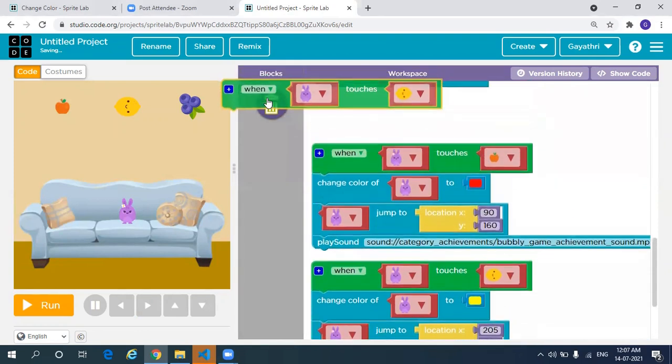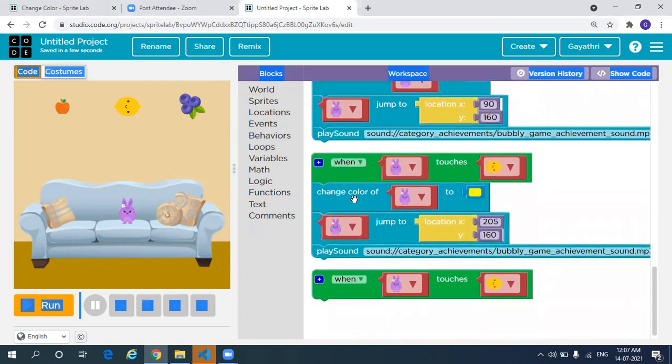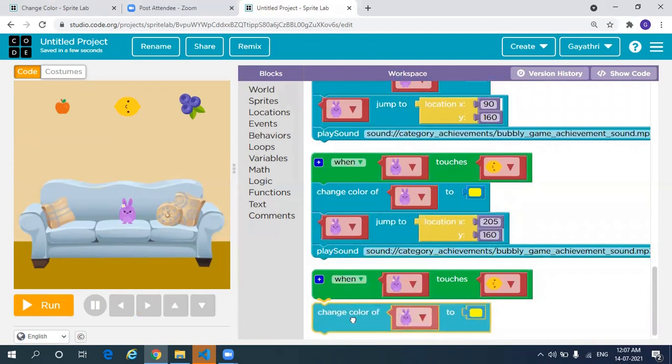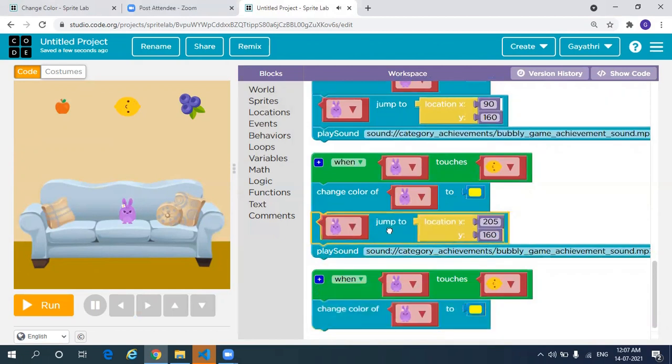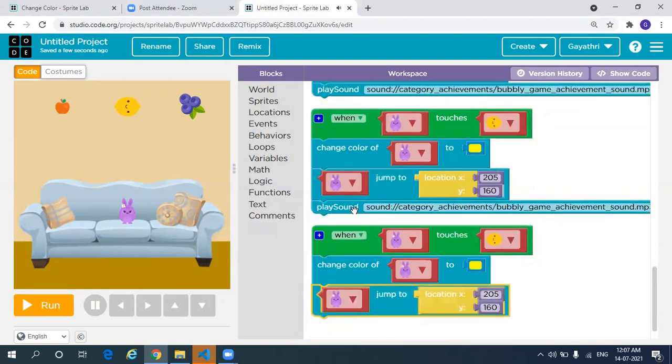I'll remove one while loop. Okay, so copy all the blocks. Then this block. And the sound block.